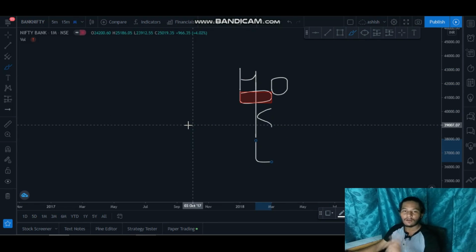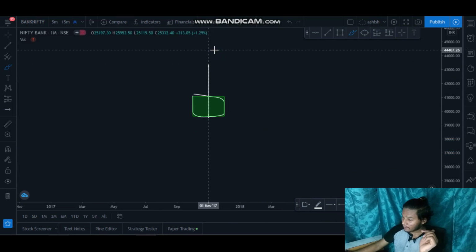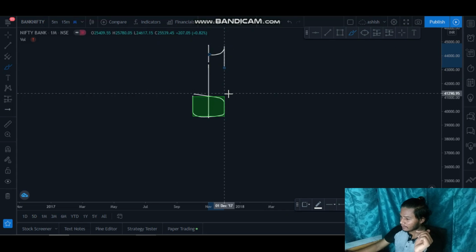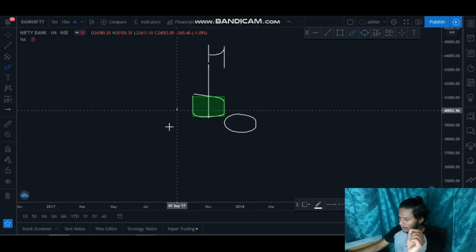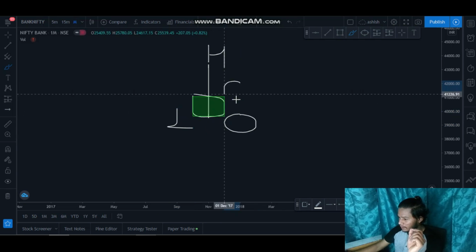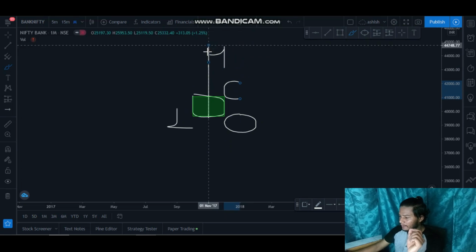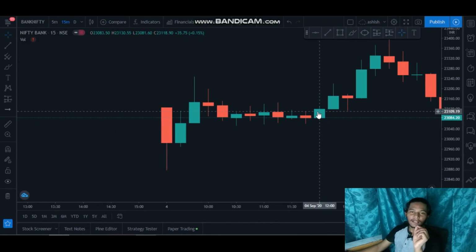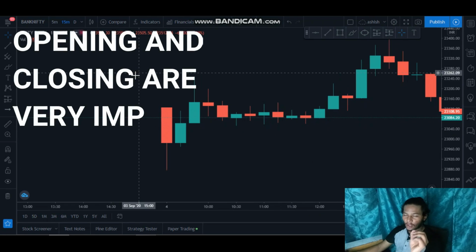Similarly now we'll see the green candle, green doji. Now the same, here is the high, the green candle opens here, this is the low because this doesn't have any wick, and it closed here. So high, low, open and close, C. So let us see now how to trade doji, the very important thing.